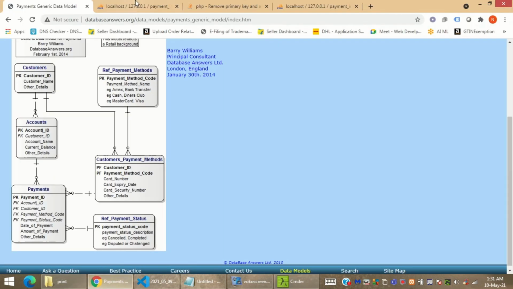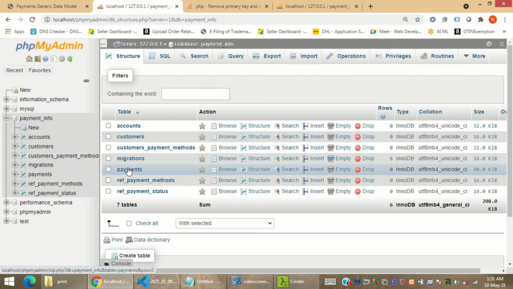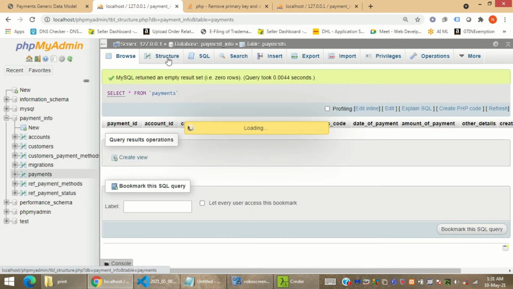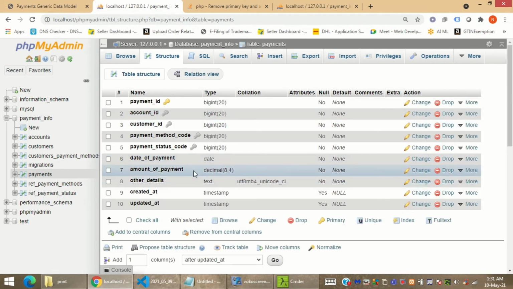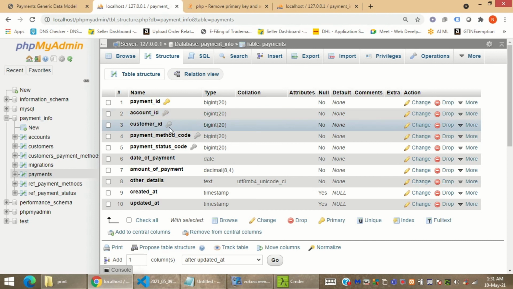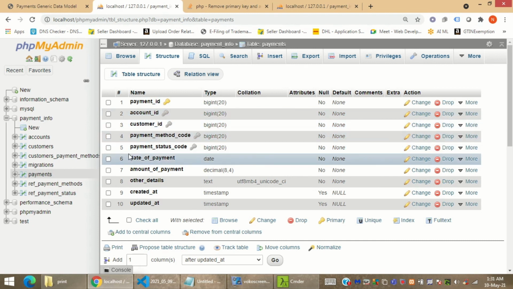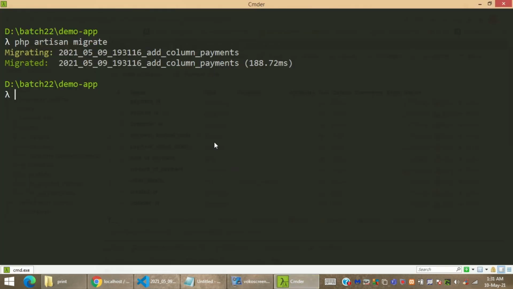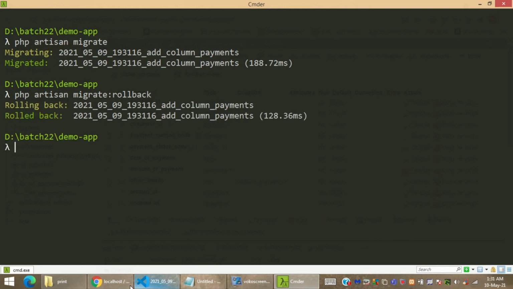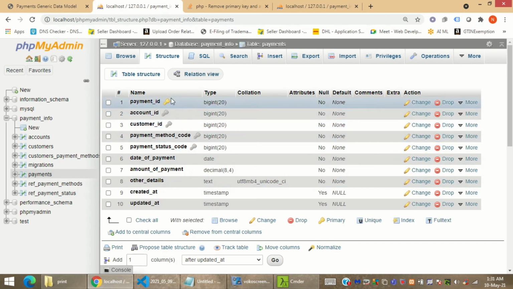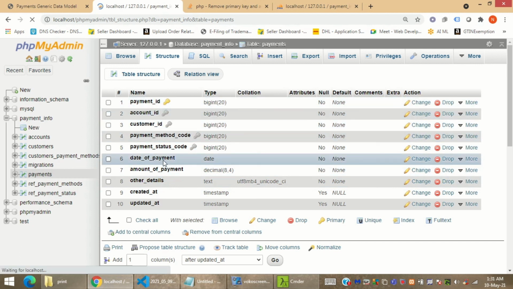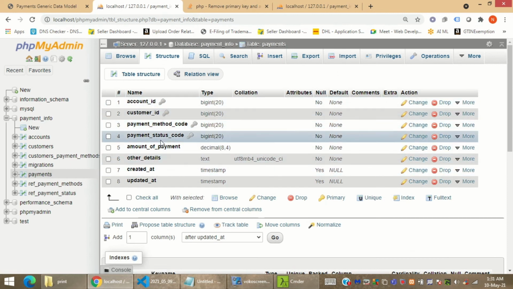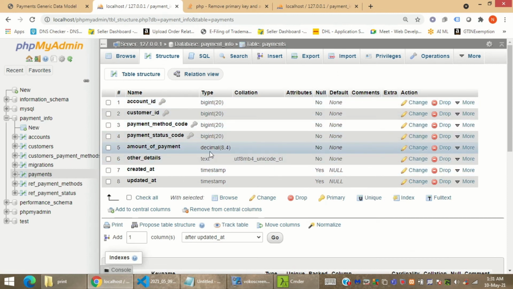Let's see in our database if it has added at the specific location in our file or not. In the structure, you can see payment ID is at the first, date of payment is before payment status code, and we have also got the primary key. Fine. So payment method code is now also having primary key. Fine. Okay. So with this thing, let's roll back so as to check if my entire column is working or not. So with this thing, I'm typing tab. You can see it's there, and now if I refresh, all the things are gone. So it has dropped the entire column.